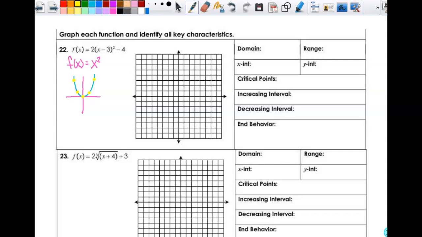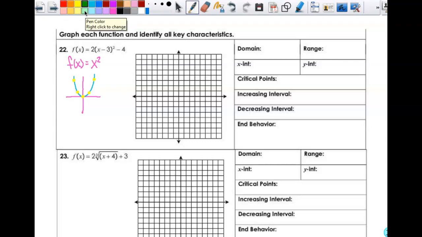Because I'm looking for 5 points, 5 specific points, not x's that you decide to pull out of the sky and substitute in. These 5. It's not about making a t-table, it is about you knowing where the parent function is and transforming it on the graph. Okay, so,